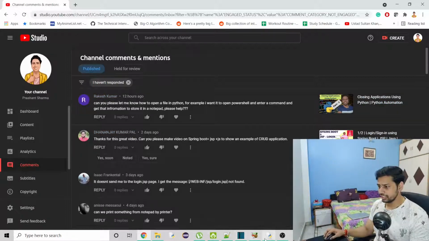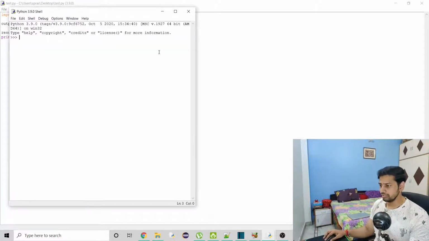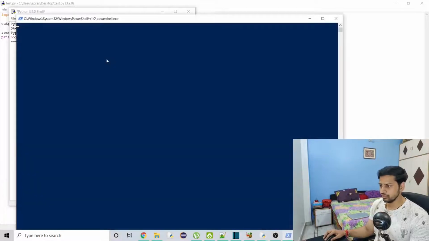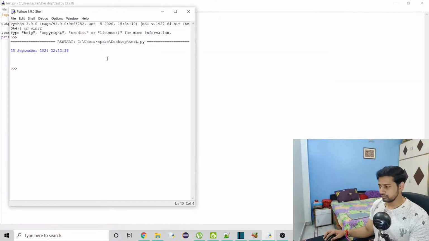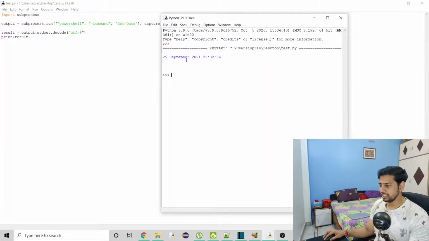So here I have written this code to see if it is working fine or not, and hopefully it is working fine. So right now it is not writing anything to a file, we are just trying to print it. So let me just run this real quick to show you guys if this is working or not. So here you can see that I executed the command Get-Date, and this is what I got. So it seems good enough. I will explain this code line by line,